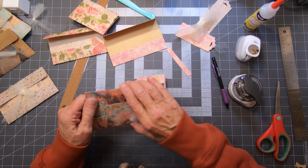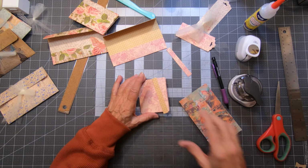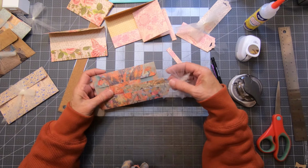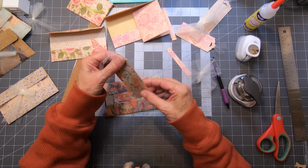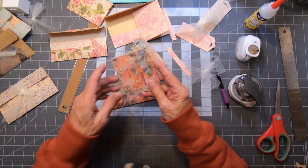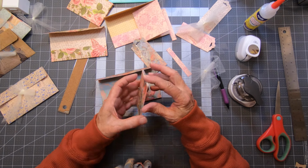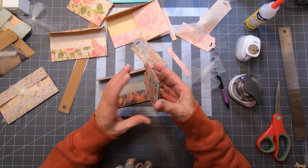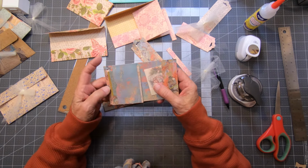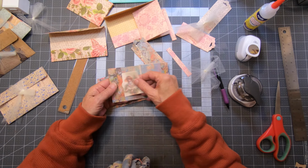This one, what is this one? Come on, I'm going to show you all of the ones I made, right? So this one, I got my little tag. I got my little booklet. I think I put things in it. Can we open this thing? Yes. This way. See, I put a little